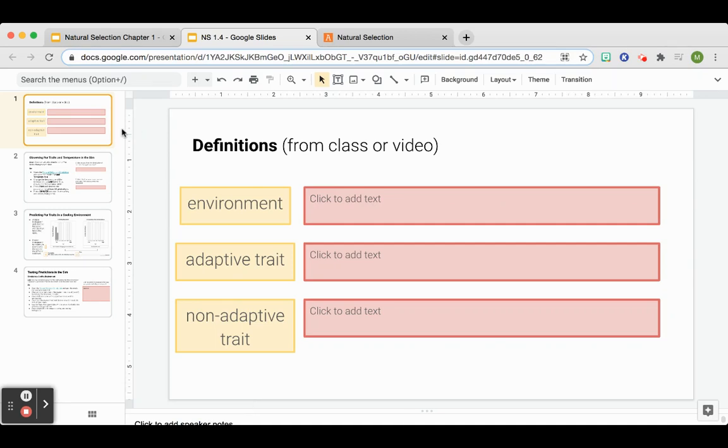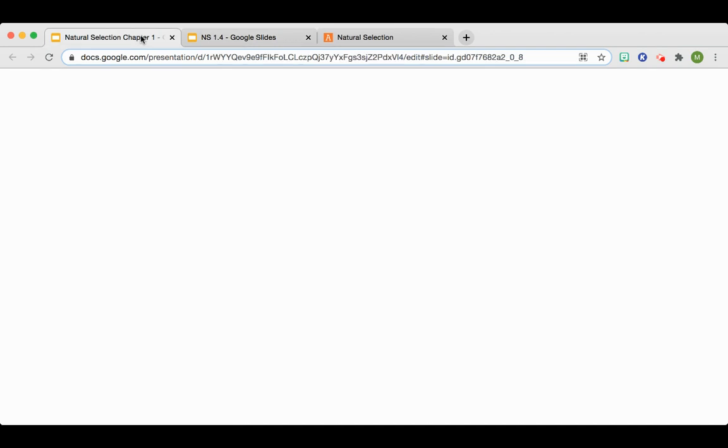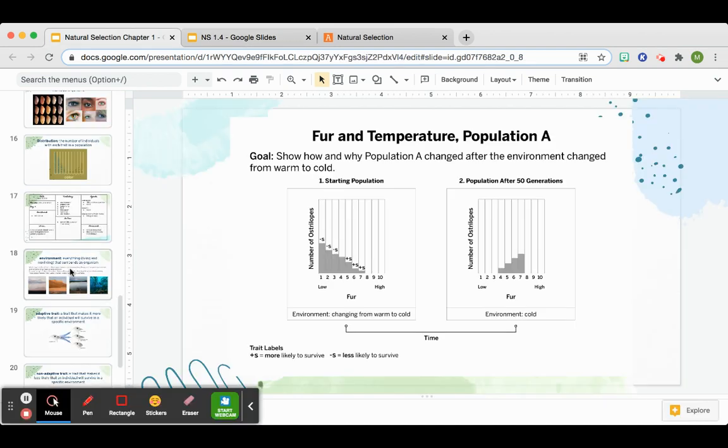Hi everyone, this is the video for Natural Selection, lesson 1.4. So I'm going to start out the lesson with a few definitions here. As I go and read them, you just pause the video and write down your definition of the words here. So starting with the word environment,